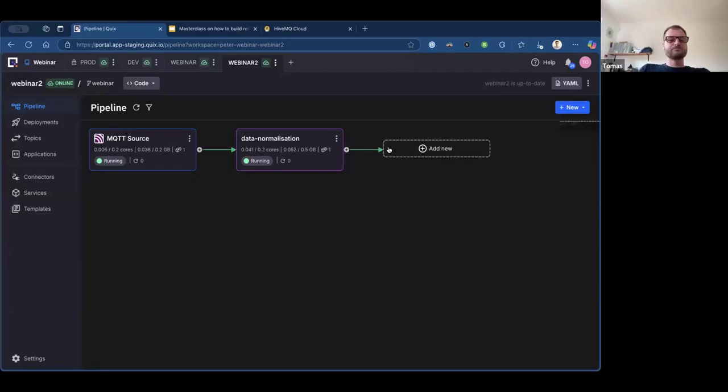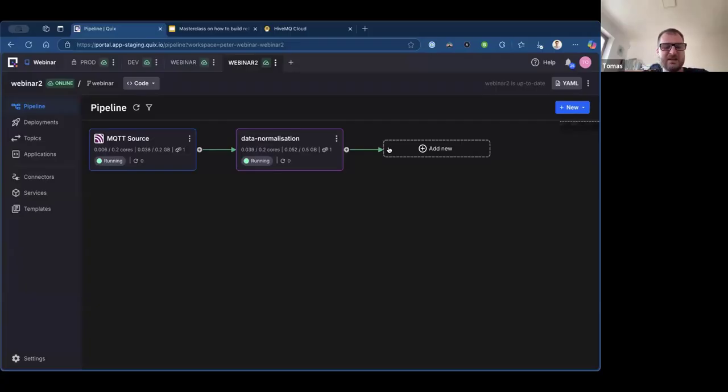So imagine I have another printer, maybe an older one, which I can't connect to MQTT. And the only way I can do this is by sending data to an HTTP endpoint, because HTTP is a much simpler